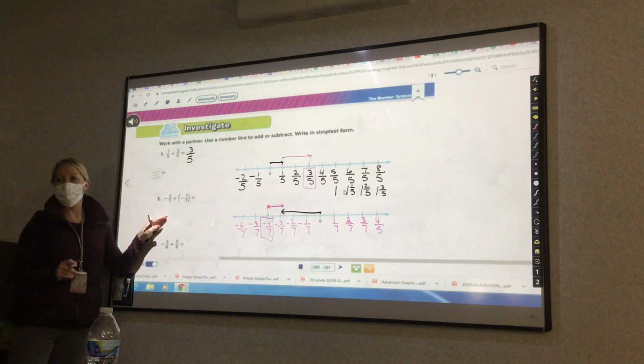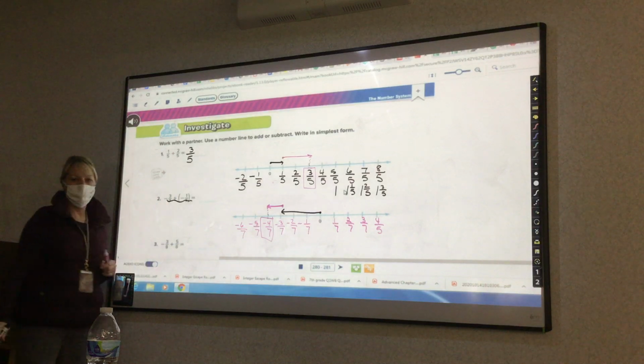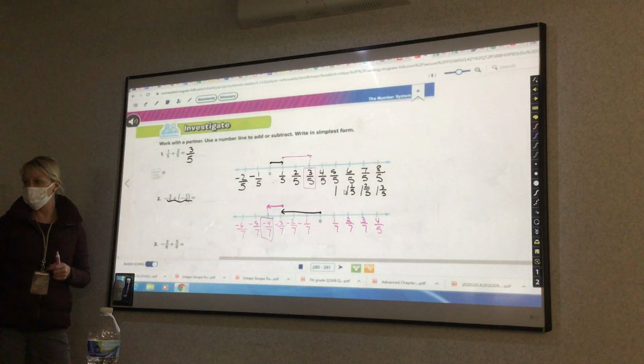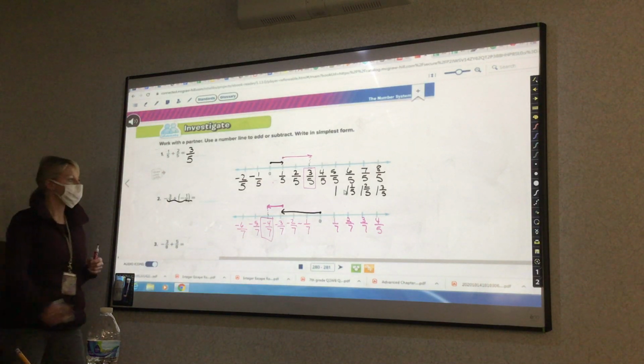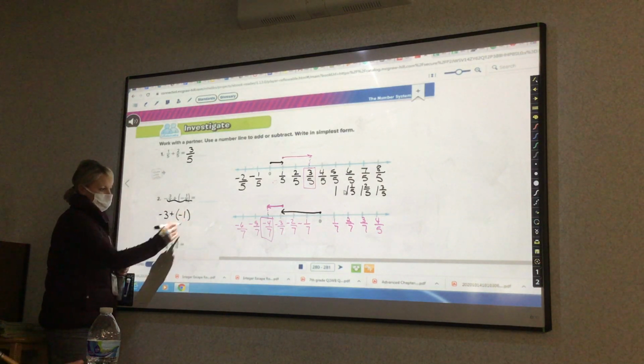Now let's go back to where we were talking about thinking that the denominators aren't there, and it's just a regular integer. A negative 3 plus a negative 1. What's a negative